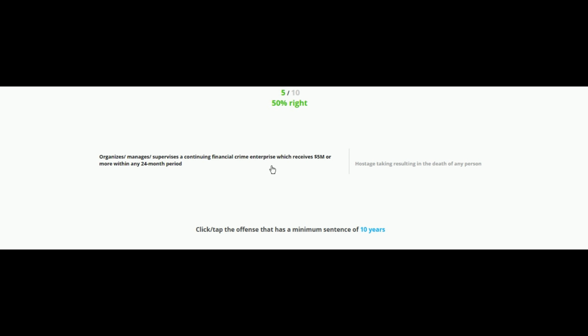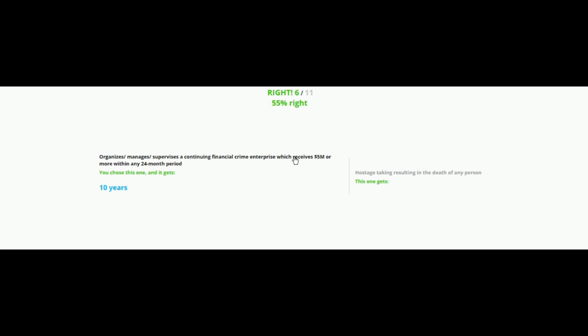I feel like maybe it's just my flawed logic, but if I kidnap someone and that results in their death, I should probably receive death as the punishment. I think you're wrong. Let's choose 10 years to the hostage. Because I feel like I'm right this time. Yeah, I was right. It's death or life imprisonment.